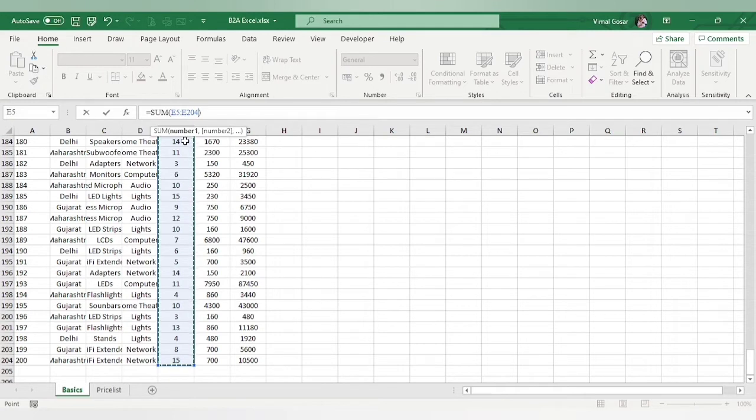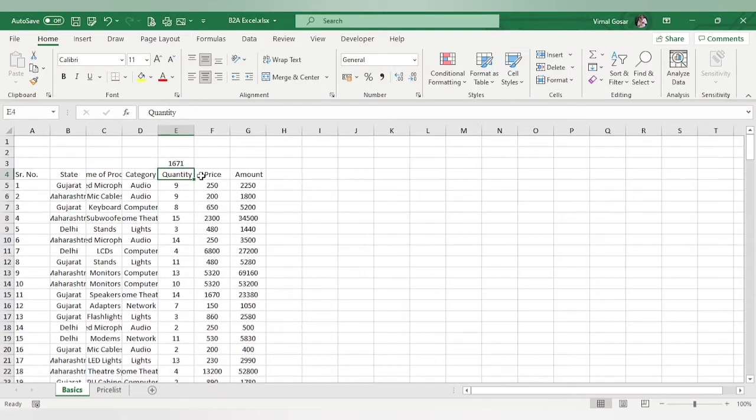All the quantities are now in my formula cell. If I press enter, instantly I will get the total. So let me press enter. I have got the total of the quantity part. Okay, so this is how we get a sum.